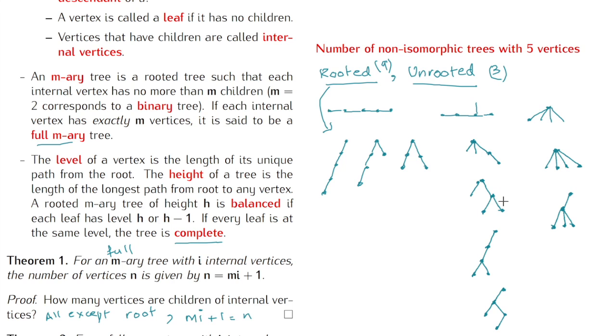Okay, so this is how we form different non-isomorphic trees from a given number of vertices, in the form of rooted and unrooted versions. Okay, so this is it about rooted trees and unrooted trees, some definitions about trees and some theorems, and how we can find different properties of trees and how we can use induction to prove some